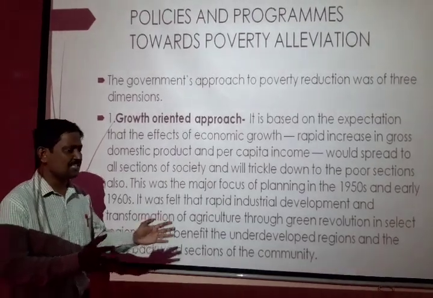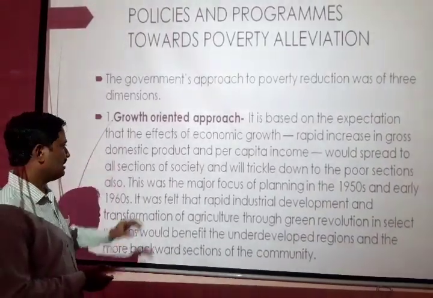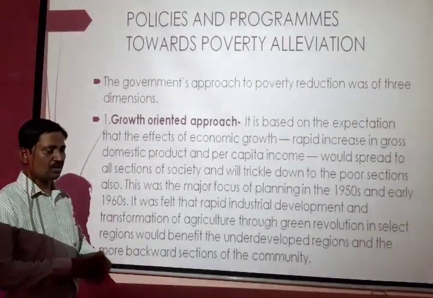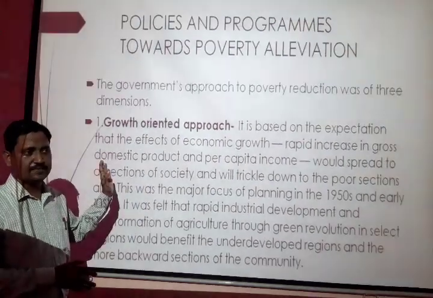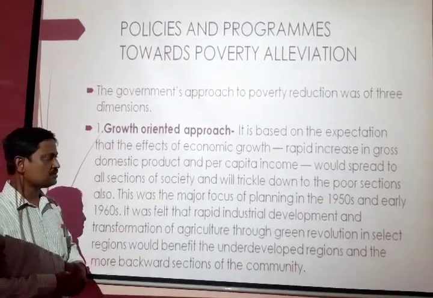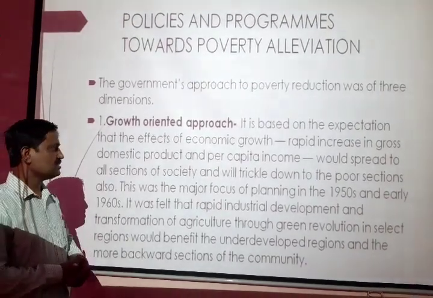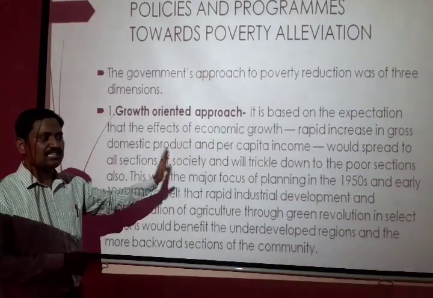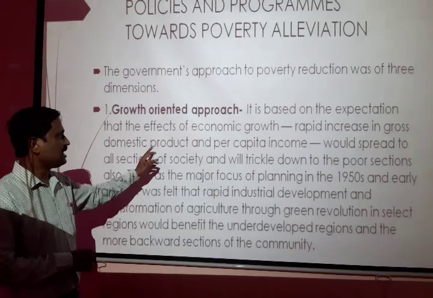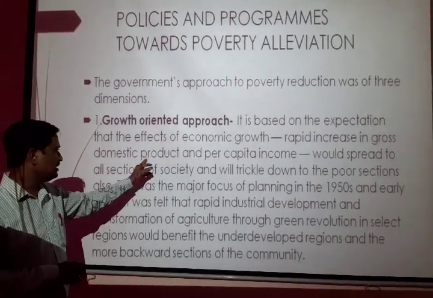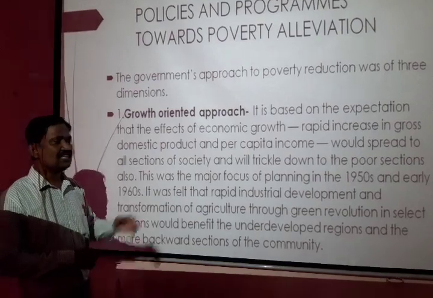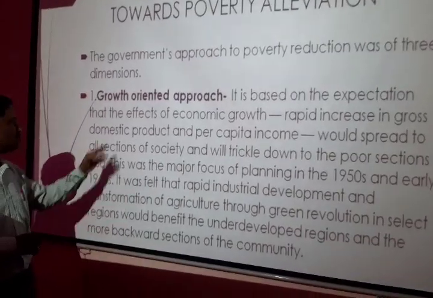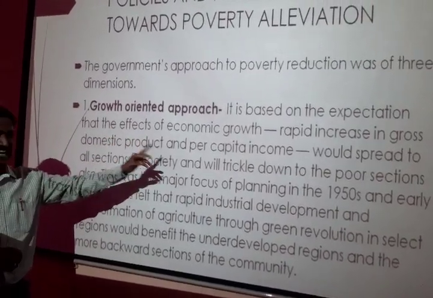You can take a simple example. Let's say you have only one apple. You are four people and you have to cut it into four pieces and enjoy it. If there were four apples, then each one could enjoy one apple. So in that situation, what will happen? If you have more apples, then you enjoy more. That means if we have more goods and services, then we will definitely enjoy more. So that's why the government approach is how to increase the per capita income, national income or